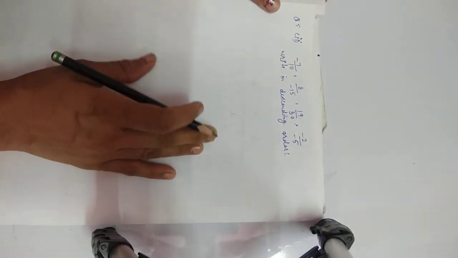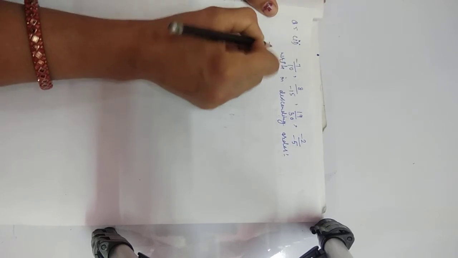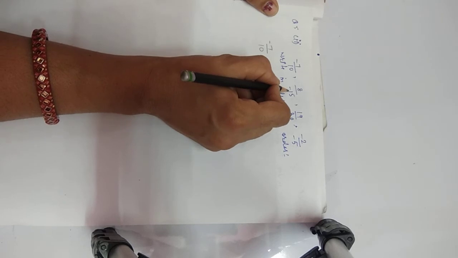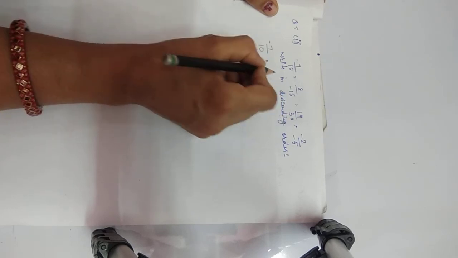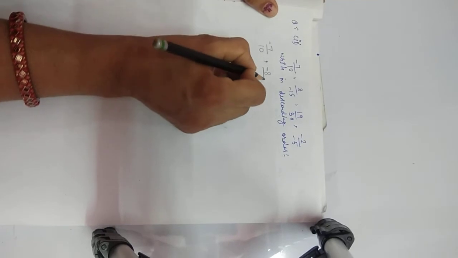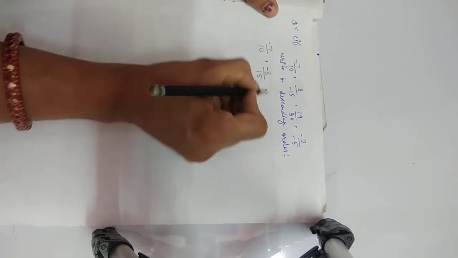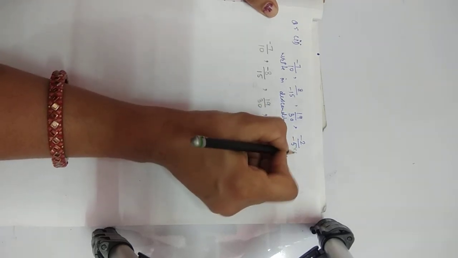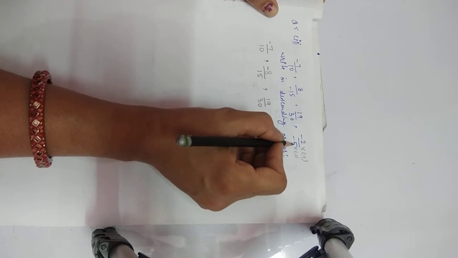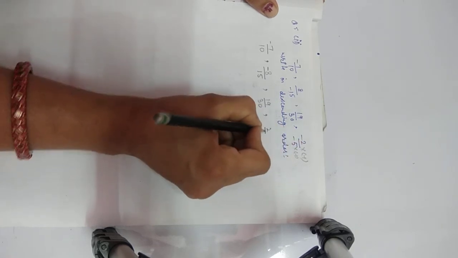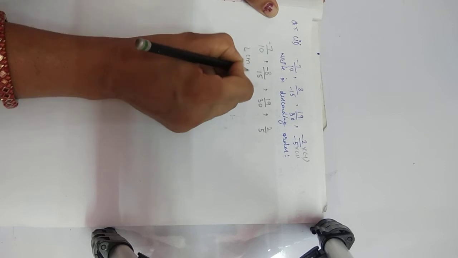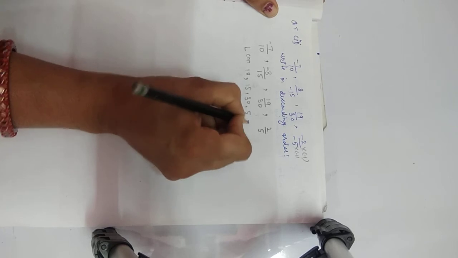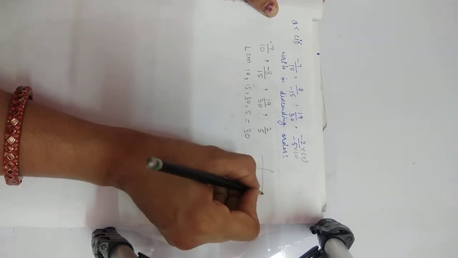See, minus 7 by 10. You know very well how to make the denominator positive by multiplying minus 1 in the numerator and in the denominator. When you multiply, the numerator will become negative and the denominator will be positive. 19 by 30. When you multiply by minus 1 in the numerator and in the denominator, both the numerator and denominator will become positive here. Now take the LCM of the denominators, that is 10, 15, 30 and 5. That will be 30. You can solve by the long division method.